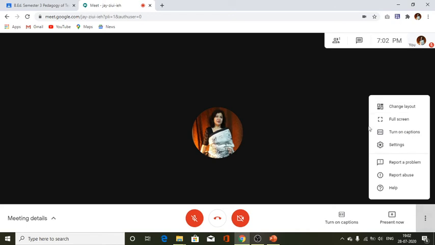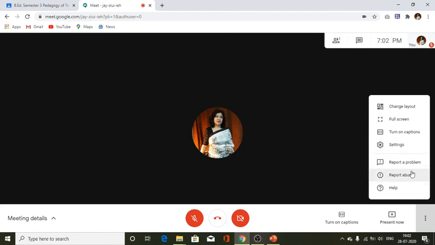Now here I have some changes in the layout. I may change the layout in whatever way I please, and I may see it full screen. For that I have to click here for visualizing it on full screen. I have to turn on the captions, which is the same thing over here, and I can adjust the settings accordingly.